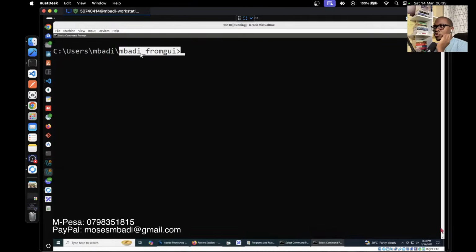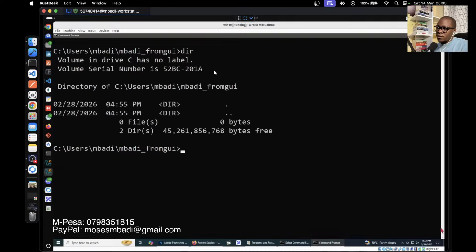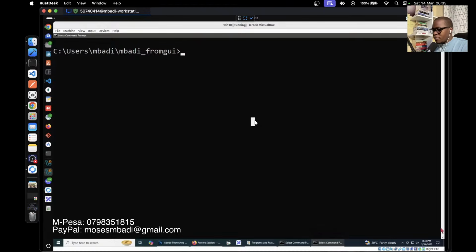Now to refer to your working directory, you can use two things. Number one, you can use what you call absolute paths. And number two, you can use what you call relative paths. A relative path is the path to whatever you're trying to look for from where you are, from your working directory. Let's check the contents of this directory right now, and we do not have anything inside here. So let's create a directory. Let's say mkdir 8 hours. Clear our screen. So if I do dir right now,